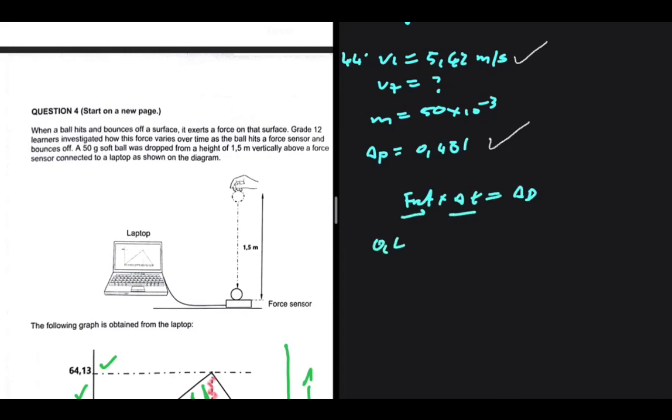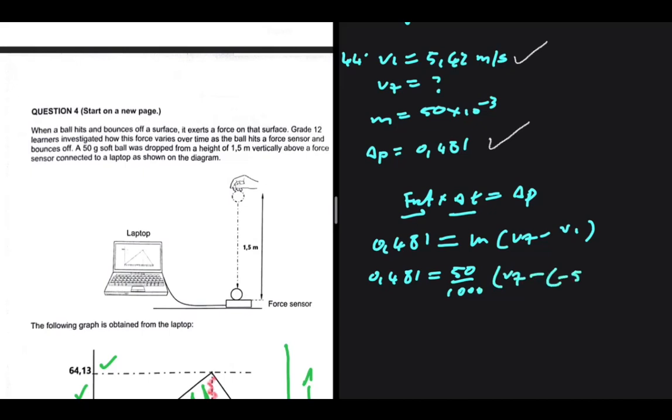That is 0.481. This is equal to the change in momentum, the mass multiplied by Vf minus Vi. So we're going to have 0.481 equals 50 divided by 1000 multiplied by Vf, where Vf is what we're interested in,